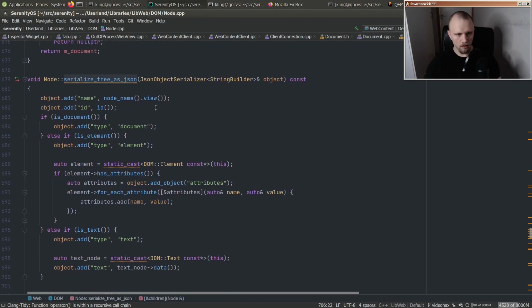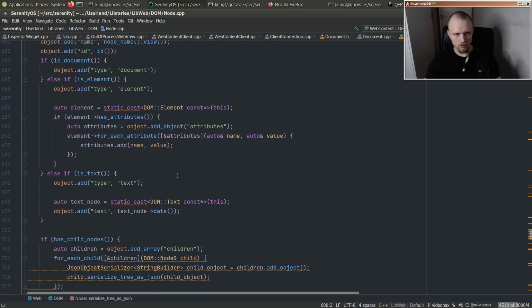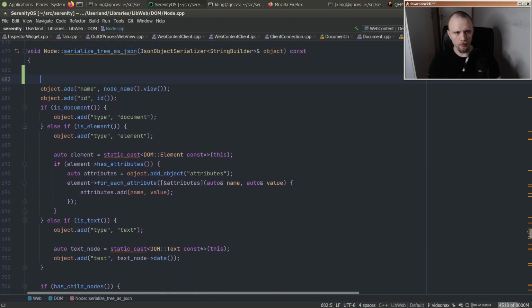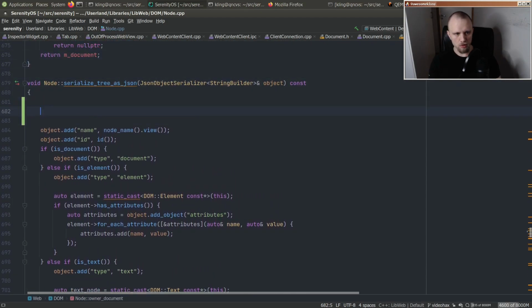All right. So this is the part where we need to come up with those heuristics that would cause us to not serialize something. So what did we say? Anything that's not rendered at all, which means that it wouldn't have a layout node. If you set display none on a DOM element using CSS or the style attribute, then it will not have a corresponding layout node. So that's an easy way to check if something is rendered. If there is no layout node, then